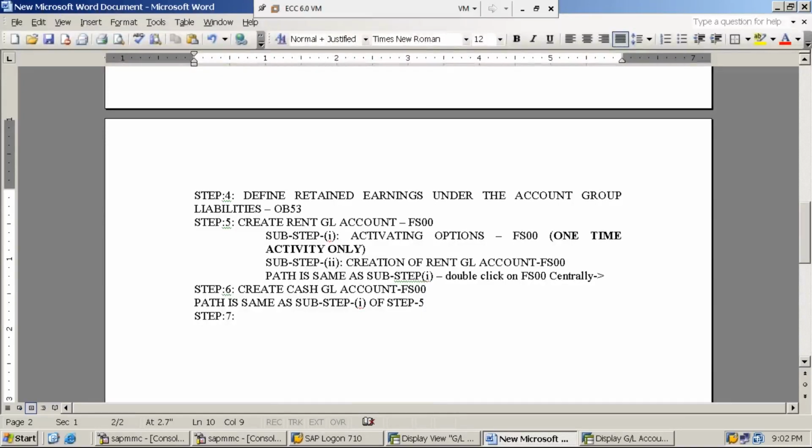Let me take one transaction which has happened during the business. Post or process rent of rupees 5,000 paid by the organization.